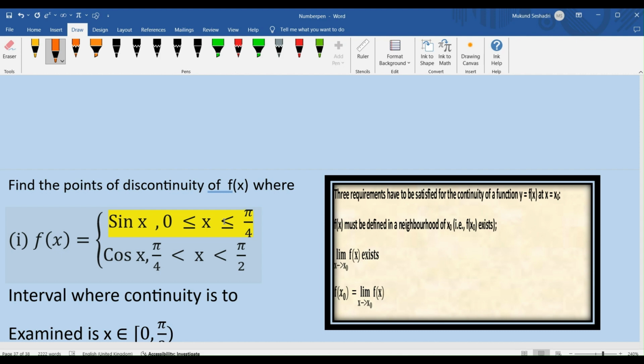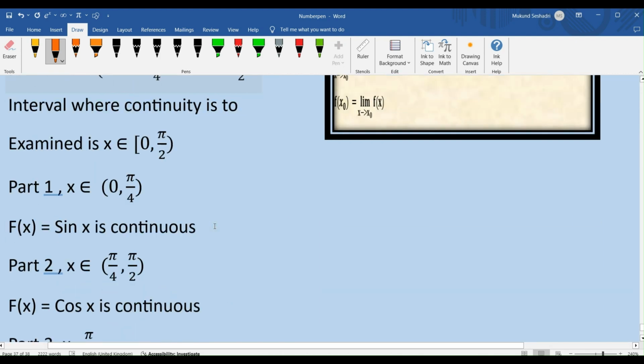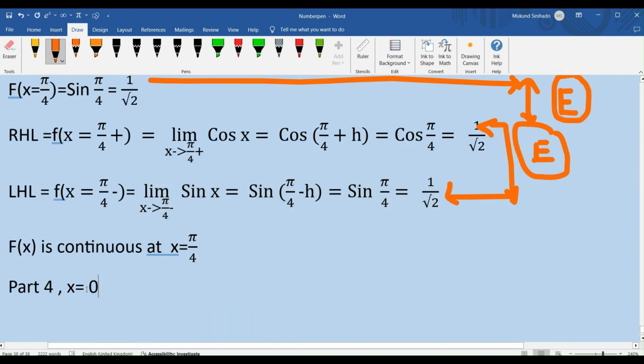At pi by 4, it undergoes a transformation from sin x to cos x and takes the value cos x for all values greater than pi by 4, right? So we don't have to really be worried about x lesser than 0. This function starts from 0, right? So we will have to be worried only about